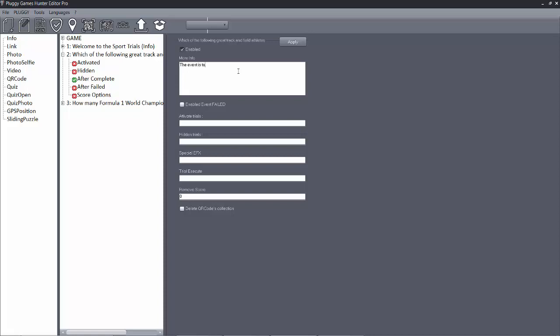I can insert a message and I fail completely the event, the entire game. So in these cases I'm not a bad guy. I want to make another possibility. I want to clone